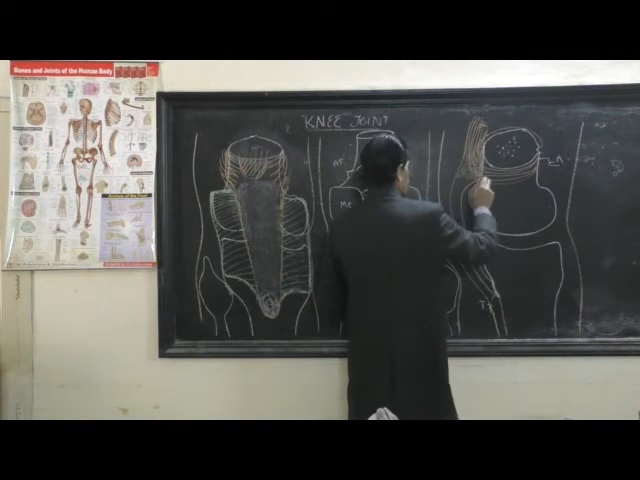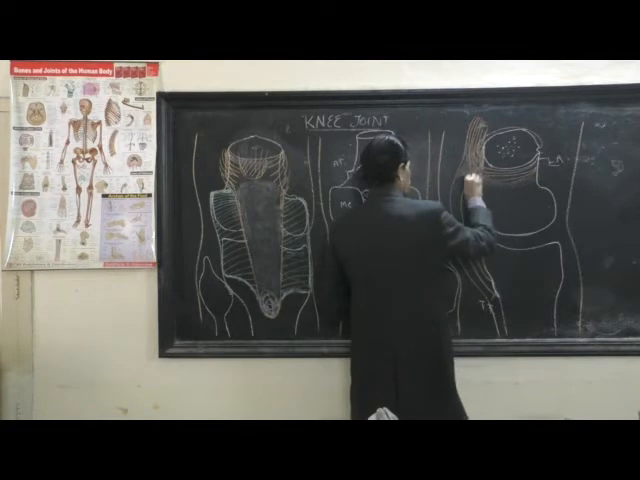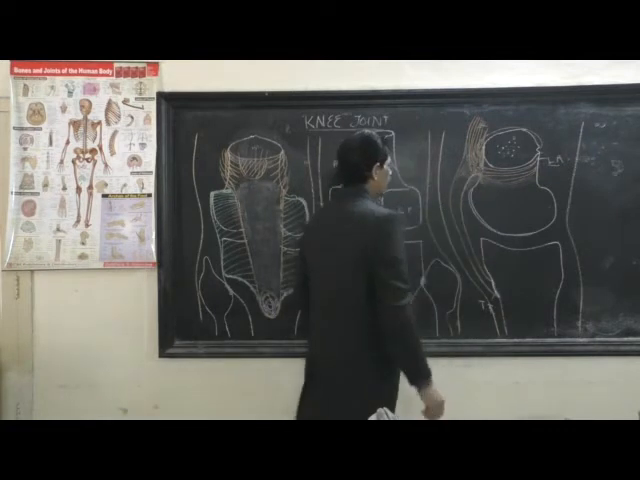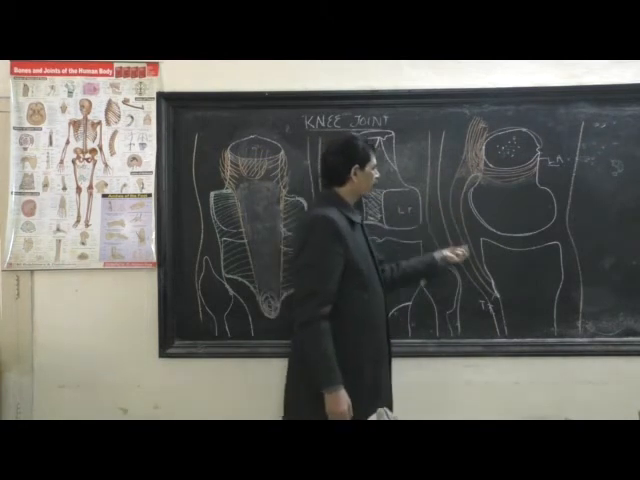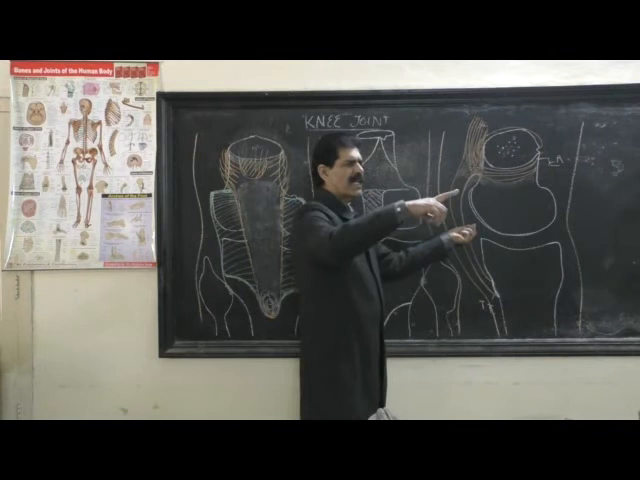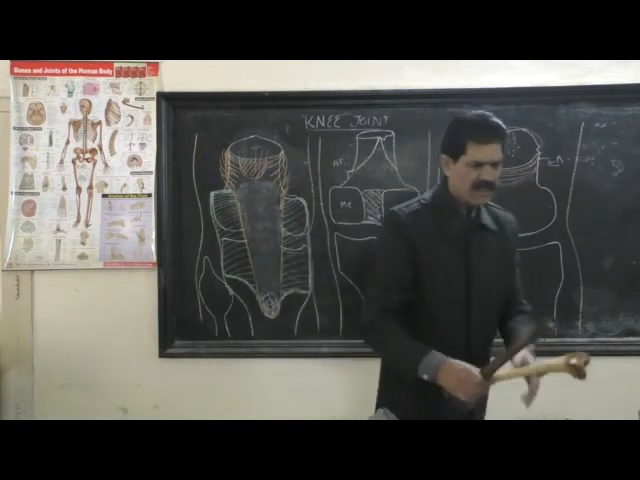muscle that is taking insertion into the tibial tuberosity, that we call the quadriceps. Now this is a very stout tendon of the quadriceps, and we know the knee is mainly having the movements of flexion and extension. So whenever there is flexion and extension,